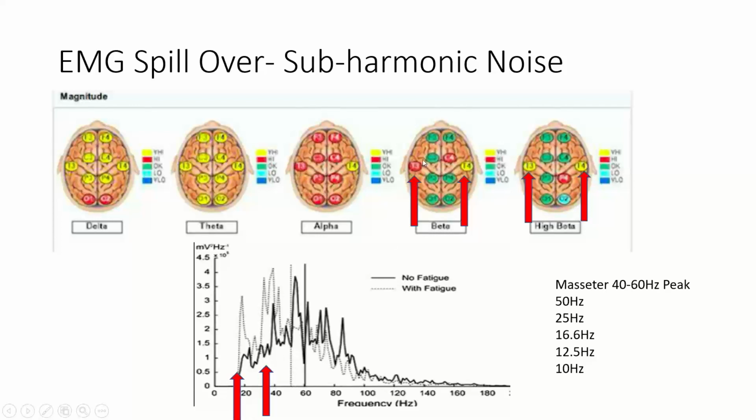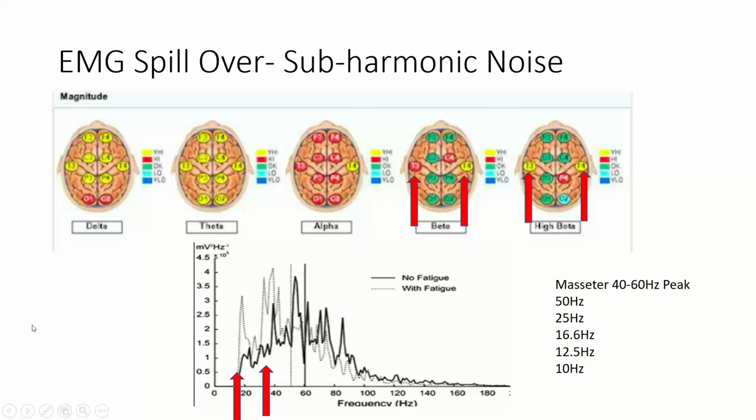And then we could see that would be in the range where the red lines are. So that would be the subharmonic. And the subharmonics would be of 40 to 60. The main frequency would be 50. The subharmonics would calculate as 25 hertz and 16.6 hertz. So there's high beta and beta right there. We might even get a little bit of 12 to 15 and 10. And oh, look, there's a little elevated 14 there, T4 there. So that might be a subharmonic as well.